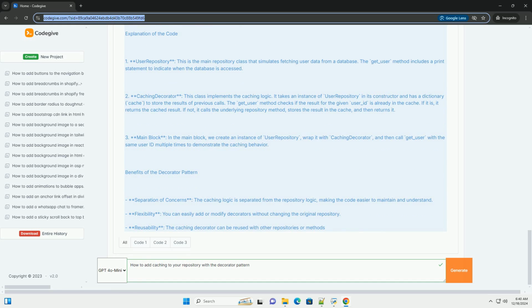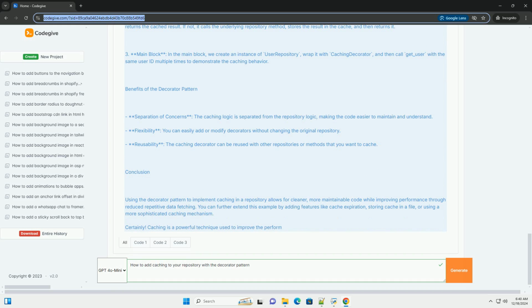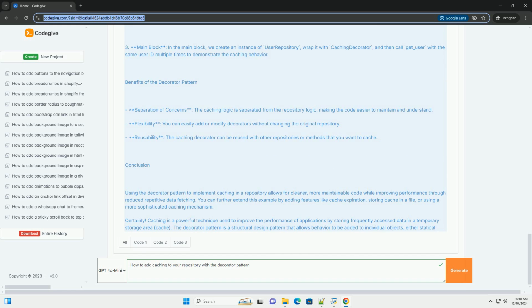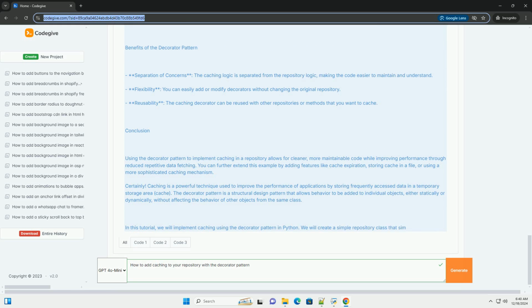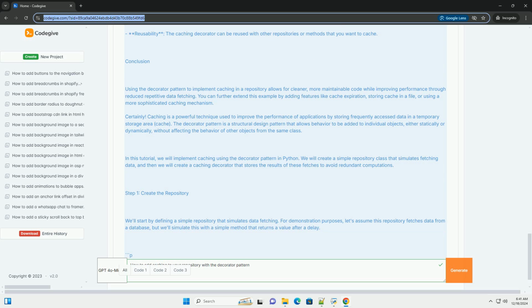Step-by-step tutorial. Step 1. Define your repository. Start by defining a simple repository interface that has a method for fetching data. For demonstration purposes, let's say we're fetching user data. Python. class UserRepository: def get_user(self, user_id): # Simulate a database call. print(f"Fetching {user_id} from the database") return {"id": user_id, "name": f"User{user_id}"}